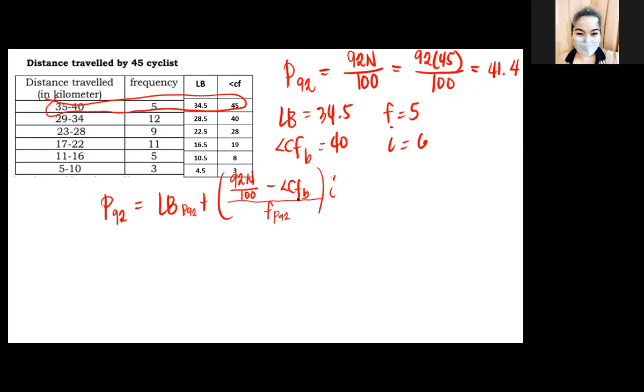So substitute lang natin, we have 34.5 plus 41.4 minus 40 divided by 5